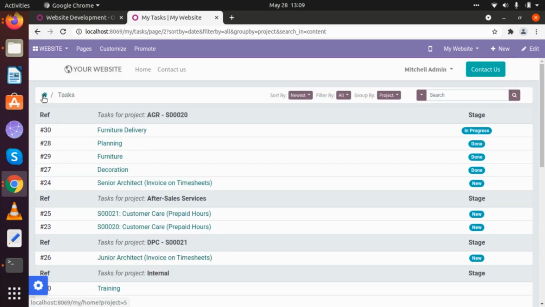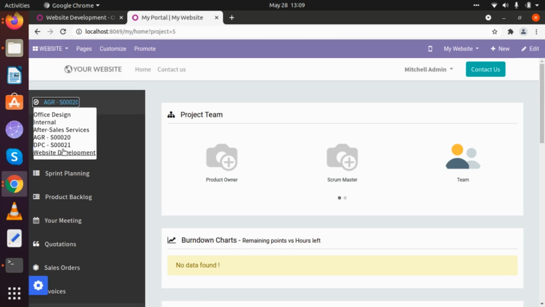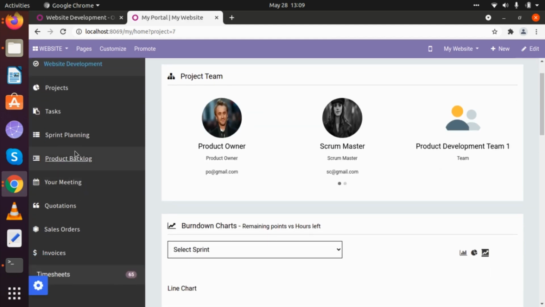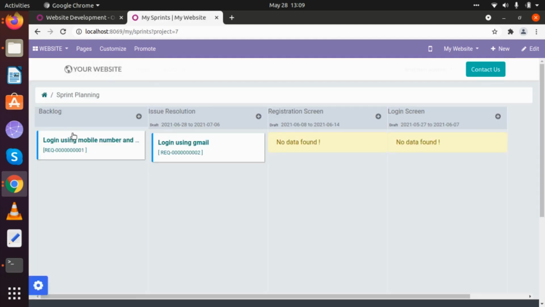So let's go back to our home page. Here we have to select web development. Under web development, we will be able to select which sprint plannings are there. Okay, so in backlog, how many issues are there? Issue resolution is one of the sprints created here, under which a request of login using Gmail is